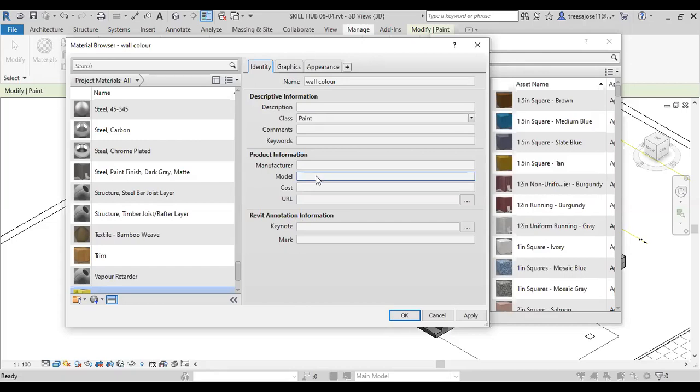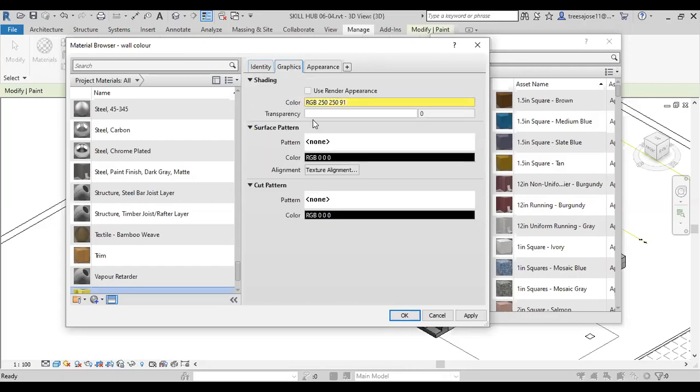Okay. Whatever material you know, whatever features you have to fix, you can add the keynote and something like that. Okay. Then in the graphics you have to select, compulsory you have to select use render appearance. And only then that particular material, the particular color, is applied while rendering. So that you have to select render appearance. Then in the appearance panel,